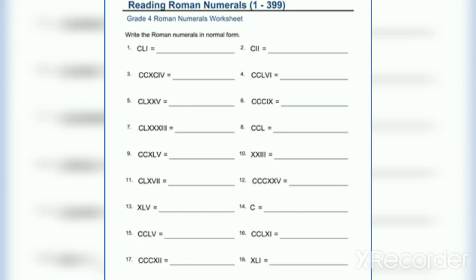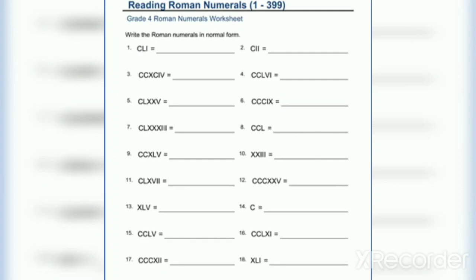This is a sort of worksheet for you all that you can try at your home. What you need to do is convert the given Roman numerals into Hindu Arabic form. This is the reciprocal of what we studied so far. So I will tell you one as an example. Let's take an example of CII. Here C stands for 100, II is nothing but 2. So it will give you 100 plus 2, that is 102.